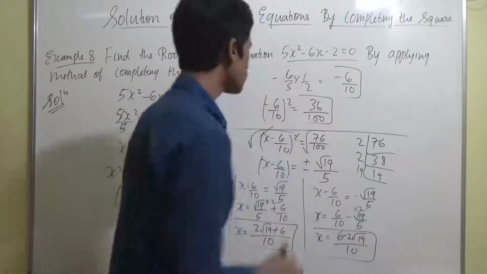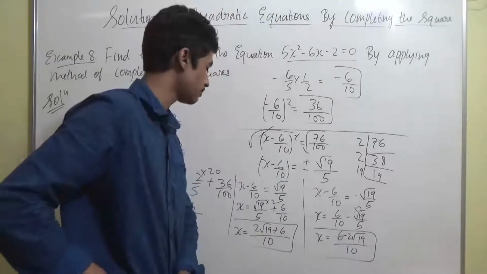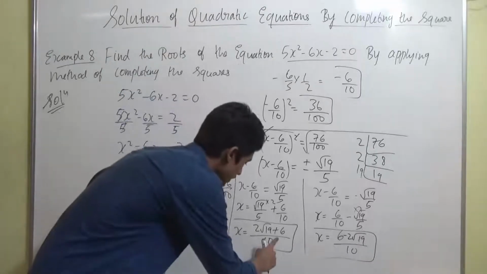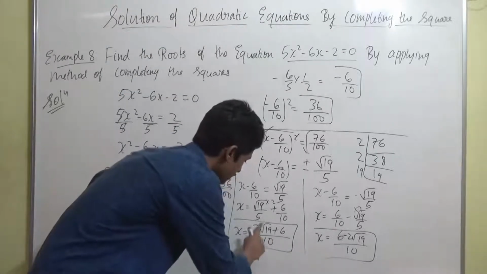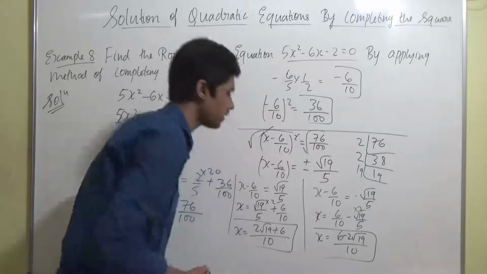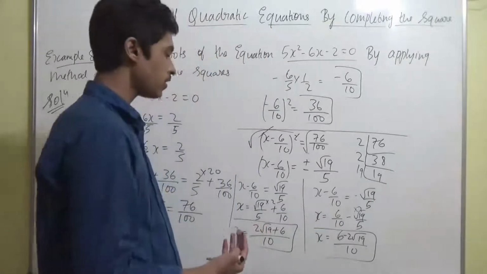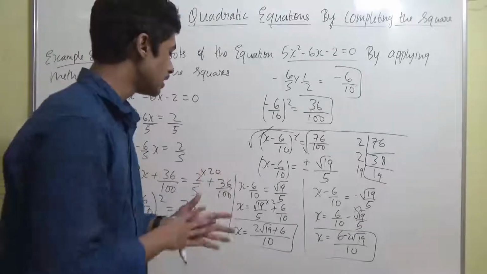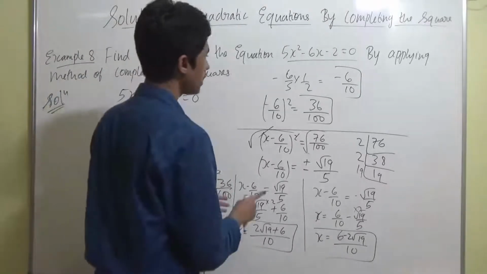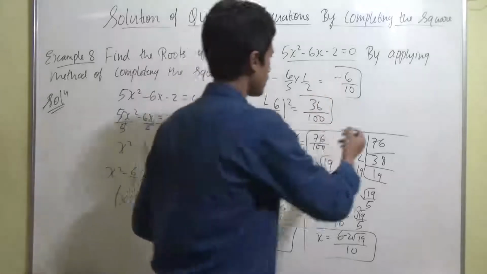Now guys, you can still simplify this. That's the final answer you will get after simplifying. This 10 can be divided by 2, right? Even 2 can be divided by 2, even 6 can be divided by 2. So if you divide all the terms by 2, or make half of all the terms, you will get x equal to, I guess it's not visible here, so I'll write it here.